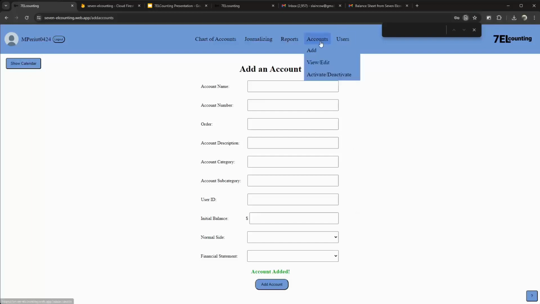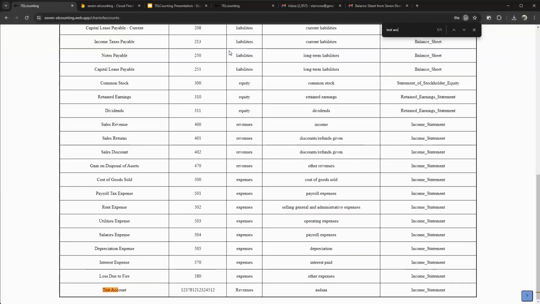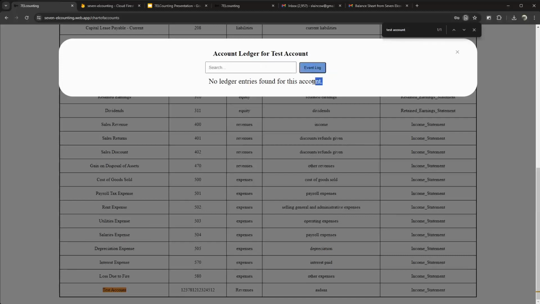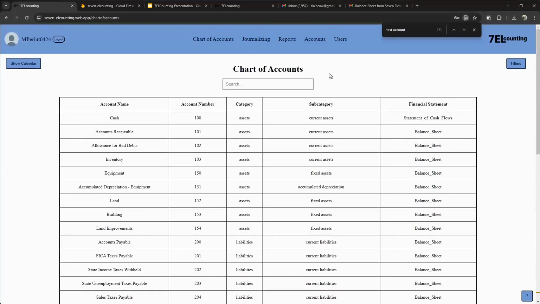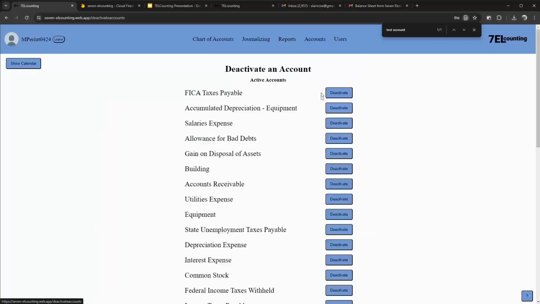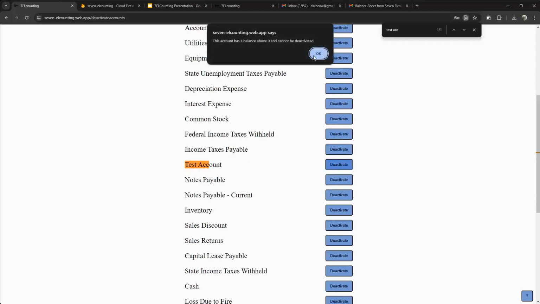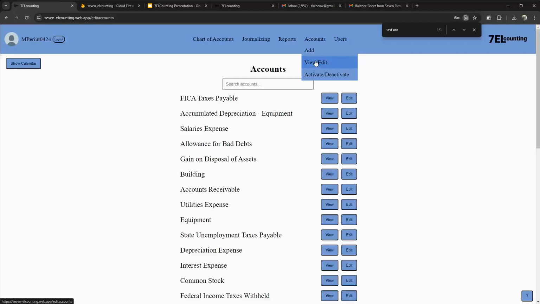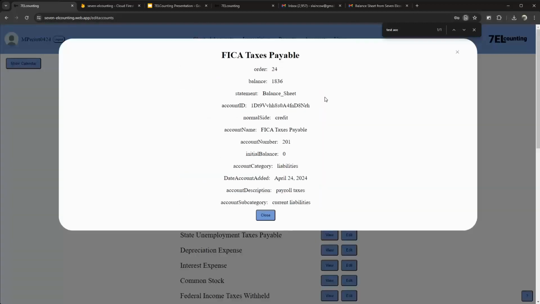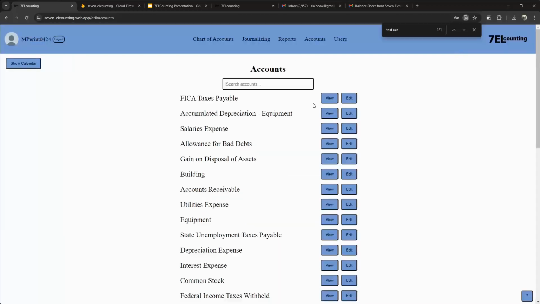Okay, so now if I go into chart of accounts and find test account, yes, at the very bottom with this ridiculous number, you can click on it. There's no ledgers, and you can see the event log, which is me creating it. Wow, amazing. So I can now go into activate and deactivate, and I'm going to deactivate that test account so it doesn't show up anymore. Actually, this is a great time to demonstrate that we can view various accounts and we can edit their values. So I'm now going to find that test account